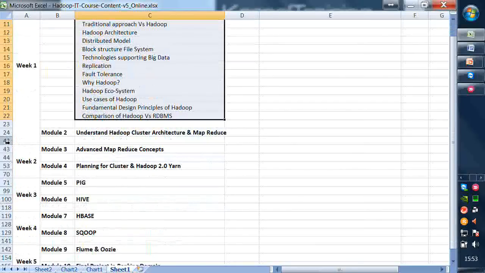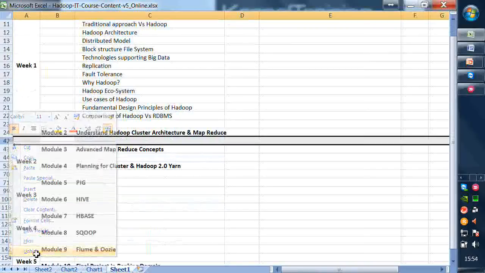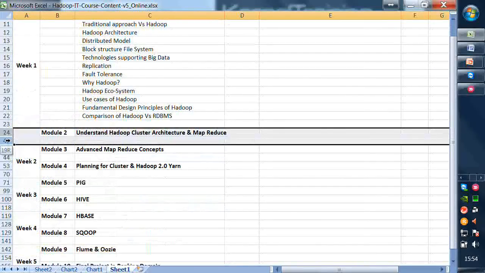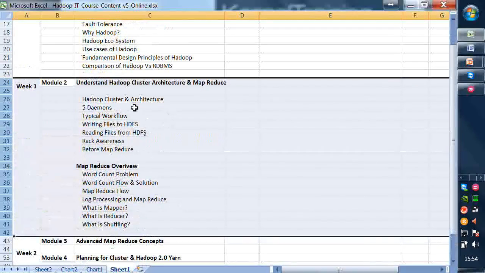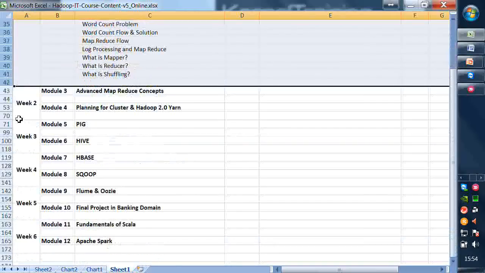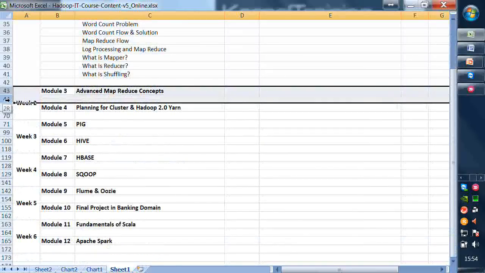In module 2, let's go ahead and see what we have. Let's select that. So that's module 2, guys. We will go into the architectural concepts of the Hadoop cluster, and we will get into the MapReduce overview. We'll start with that. We'll try to understand what is MapReduce here. Then in week 3,